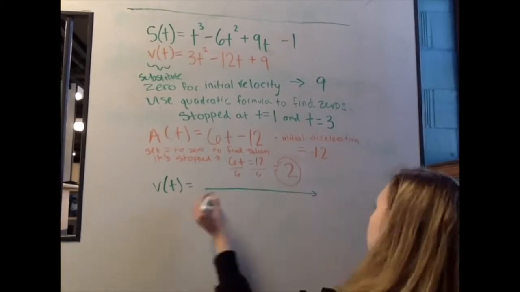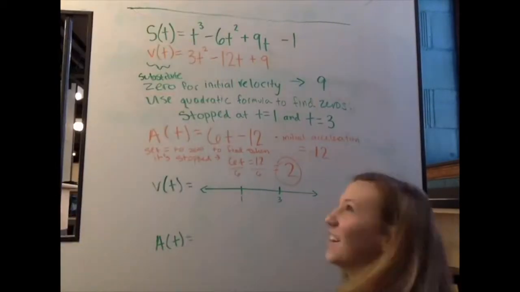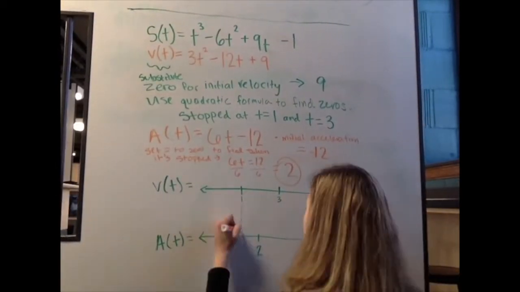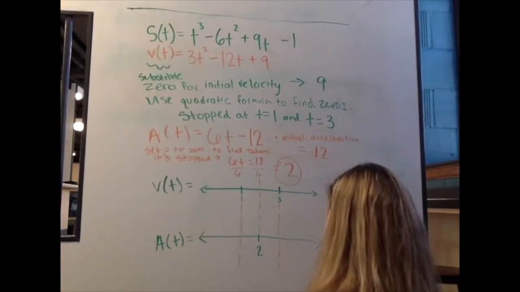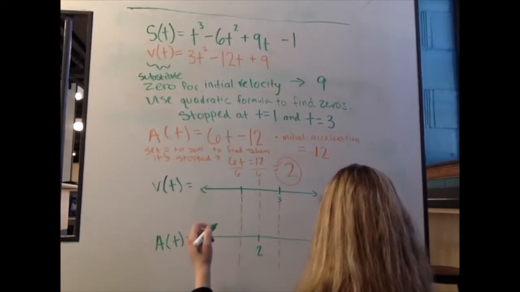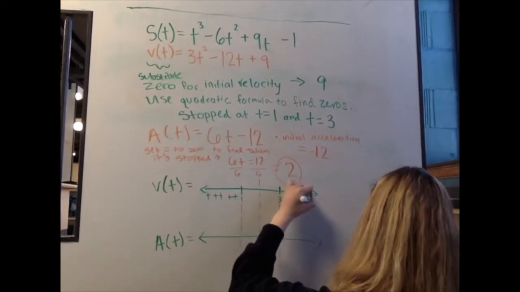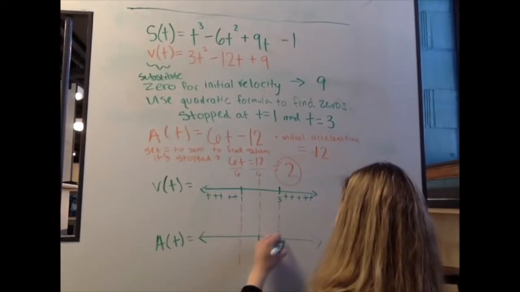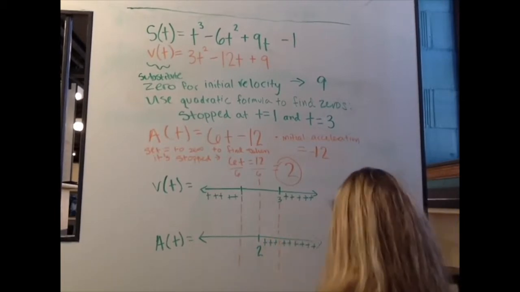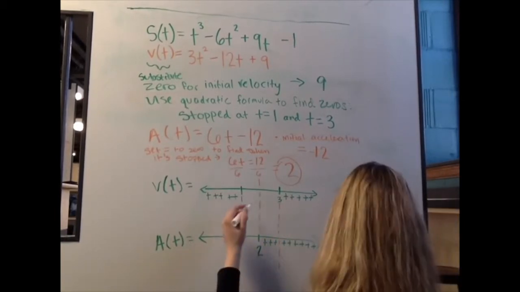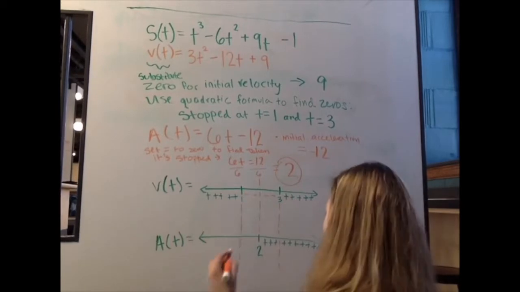Then to find where the object is speeding up or slowing down, you have to make charts of the velocity and acceleration, and you have to plot the zeros, which for velocity are 1 and 3, and for acceleration is just 2. So you plug values in higher or lower than those values, and you see whether the answer is,